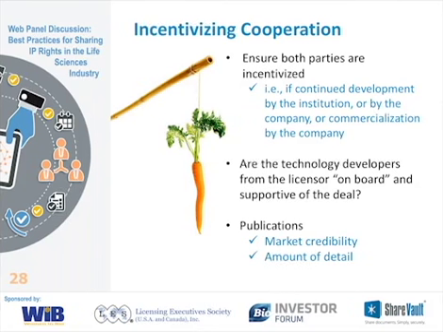Something that also is an important aspect of cooperation is making sure that the activities that are pursued by one and both parties are respectful or consistent with the needs of the other, especially as it comes to publications and use of the technology for other purposes.